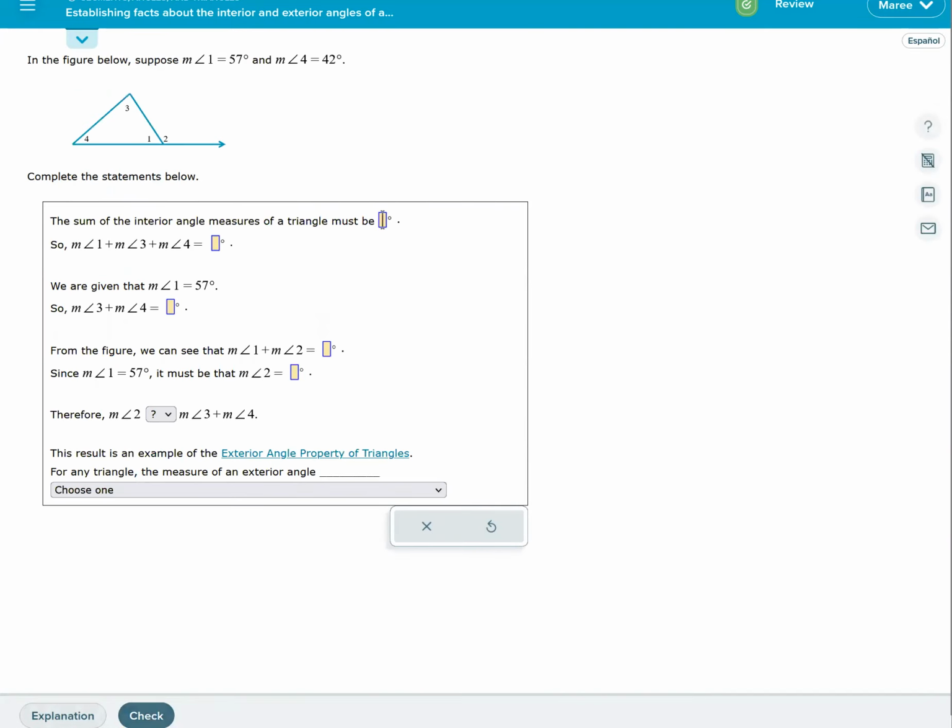The sum of the interior angles must be 180. Therefore, measure 1, 3, and 4 added together is 180. We know that 1 is 57. So to find out what 3 plus 4 is, we have to do 180 minus 57, which is 23. And then